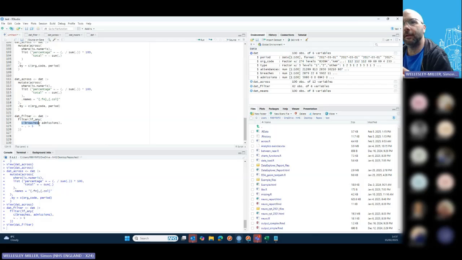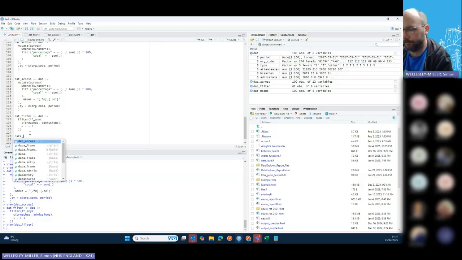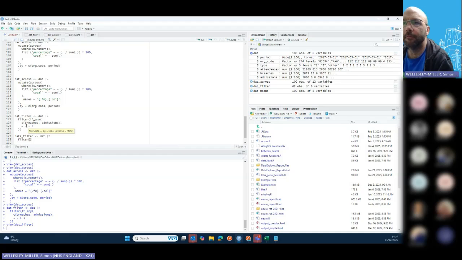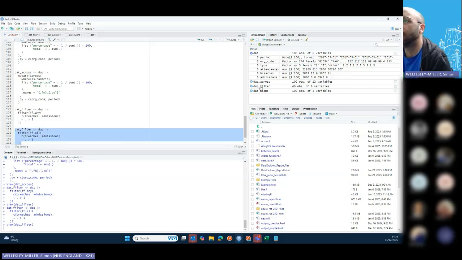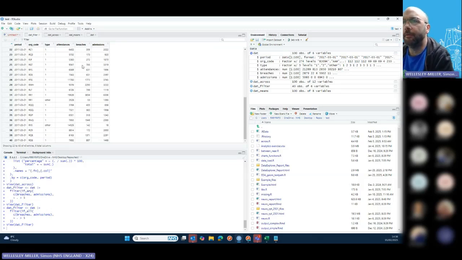Again, this if any, rather than just doing it on those two, I could do if any of the numerics is over 5 or whatever. It takes all those lovely tidy select type features that you can chuck in there, which is cool. So we can also do a data filter. Actually, why don't I just copy the one above, because that would be much quicker, wouldn't it? So I could change that to if all, and so that's going to check breaches and admissions, and if they are both over 5, it will filter to those. So let's have a look at that. And again, we can see, yep, that's filtered through, and it's only filtering through where both breaches and admissions are over 5,